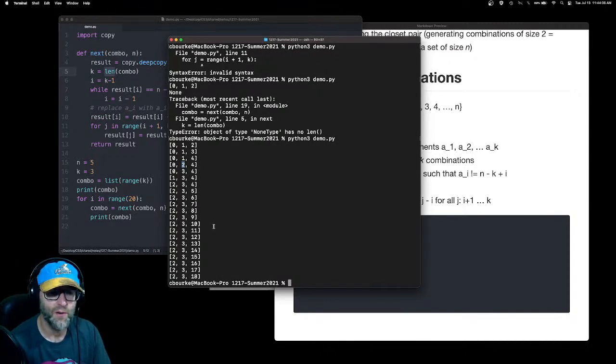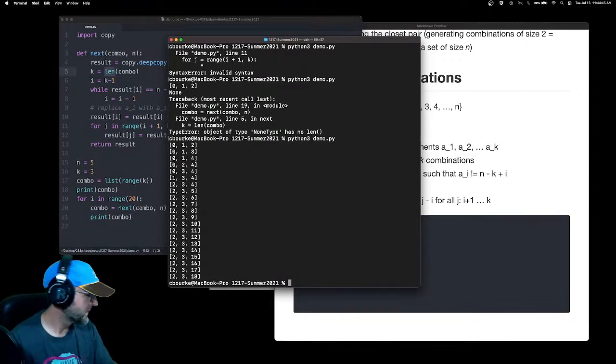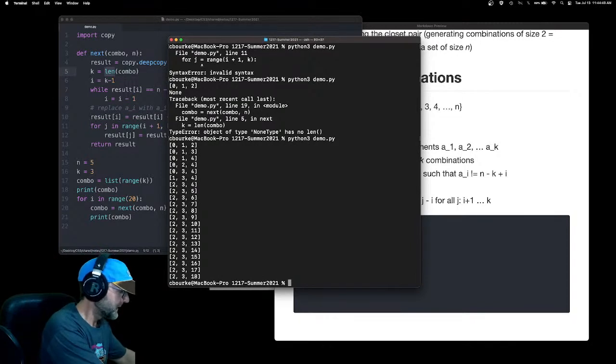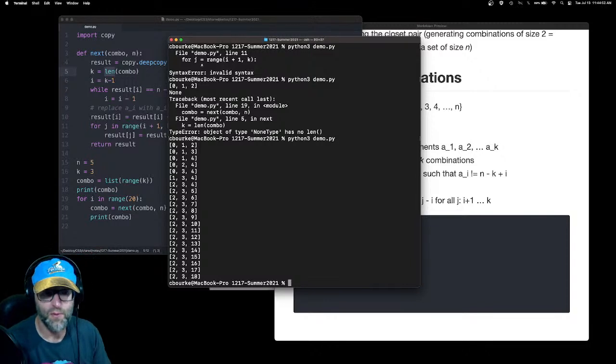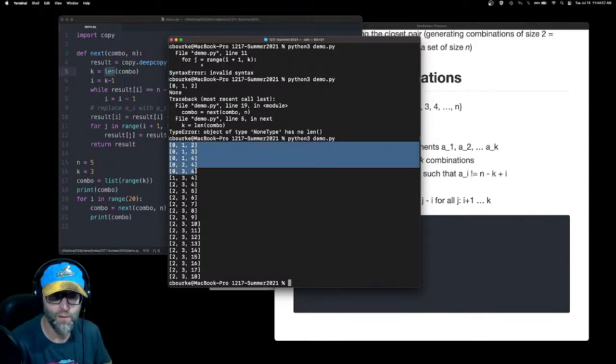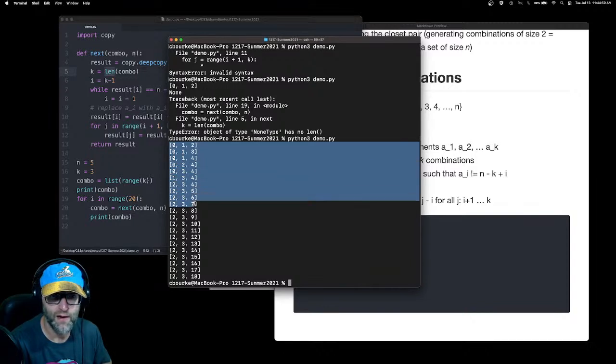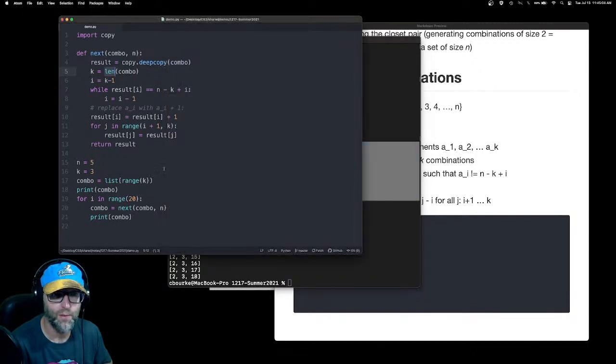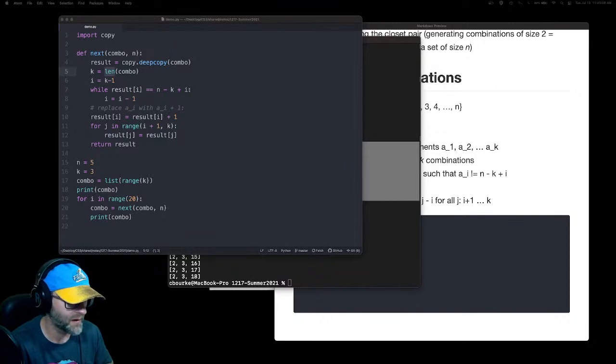Oops, I think that there is a problem because we definitely should not be... oh, you know what? 5 and 3, how many are there? Right? 5 choose 3. Let me go ahead and compute that. 5 choose 3 is 10. There should only be 10 of them. And so 0, 1, 2, 3, 4, 5, 6, 7, 8, 9, 10. Even that one's screwed up. I've got a bug here somewhere. If you see it, great, tell me. Otherwise, I'm going to look at